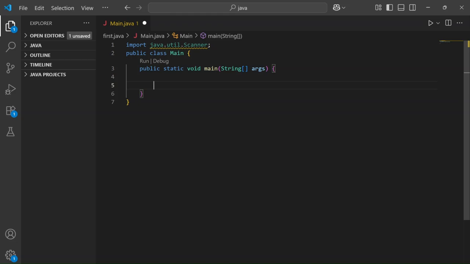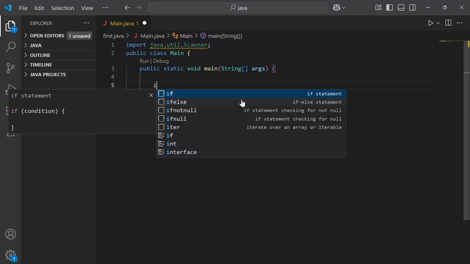Alright, so we're gonna write a program. Pretty much it's gonna be a subtraction quiz where we randomly generate two numbers from 1 to 100, subtract them, and then we ask the user to answer for us. We're gonna do like 10 questions. And then at the end, we're gonna display our final result and the amount of time it took to actually do this quiz. So we'll just start by doing int